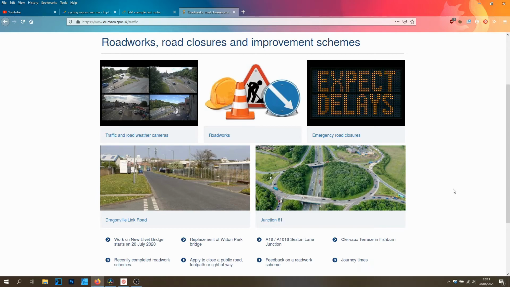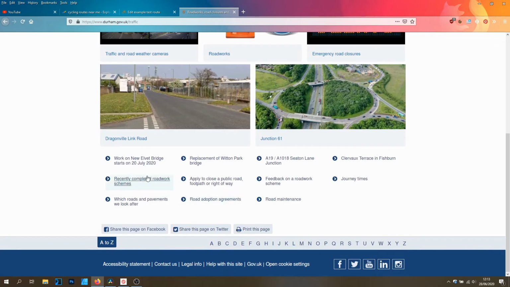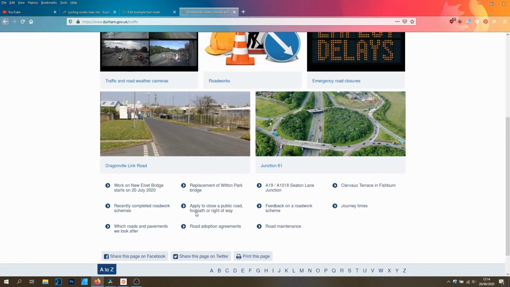I'd also recommend, before you go on your ride, or as you plan your route in fact, to go along to your local council website and look for any road closures in the area, any delays you might not be expecting. Here I've got bridges closed and roadworks, and it's worth checking these things before you set off on your ride. The last thing you want is to head off, be in the middle of nowhere, and find a bridge closed,